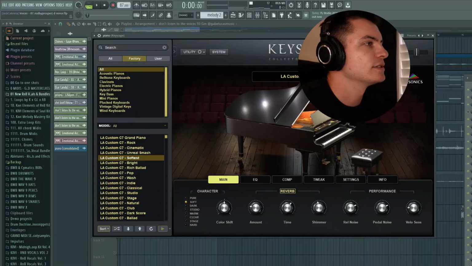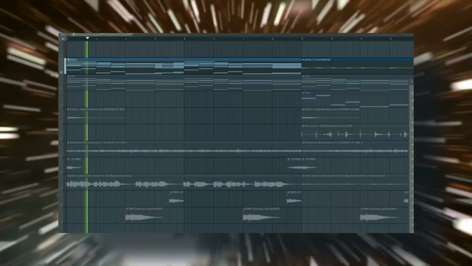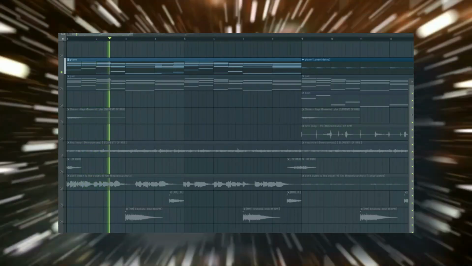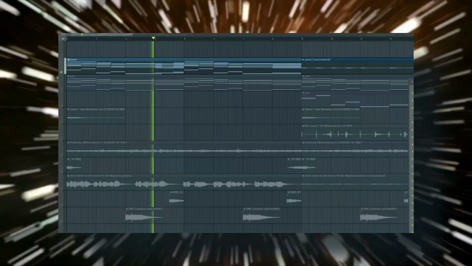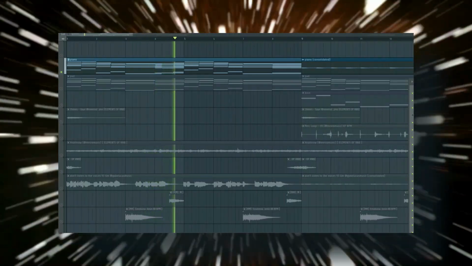So the first sound that we're gonna dive in today is this little piano. I'll show you guys the sound I used. It was this Keyscape softest piano preset, LA Custom softest piano preset. So I'll let you guys hear the sound of it. Fire. Yeah, so what I did basically is this whole progression is a 1 3 4 6 3 4 chord